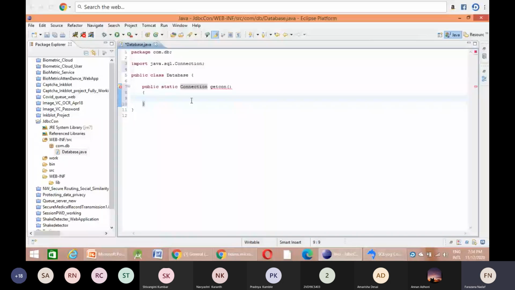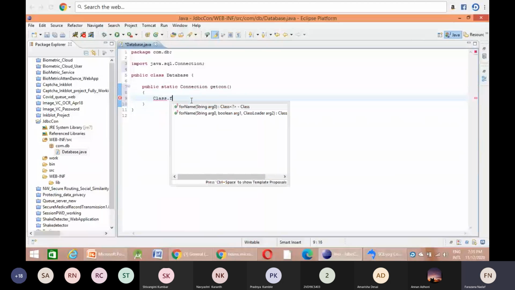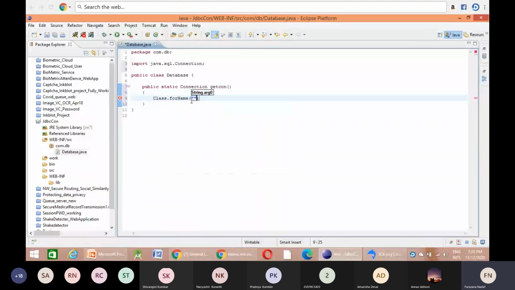Now, so I just explained you about how to connect a Java to database. Now whatever the database operation I showed you, it is in the SQL. Okay, till now we have not connected our Java to database. So now if I want to connect my Java application to database, the first step is to load the driver, that is class dot forName method. So you have a class dot forName method here. So here I should pass one argument. So that is